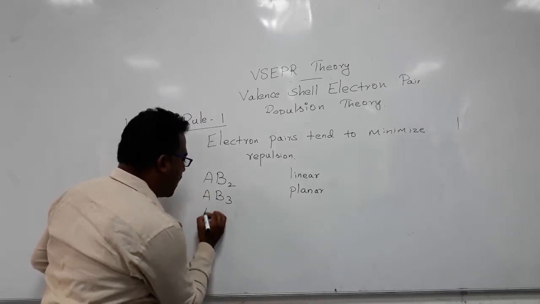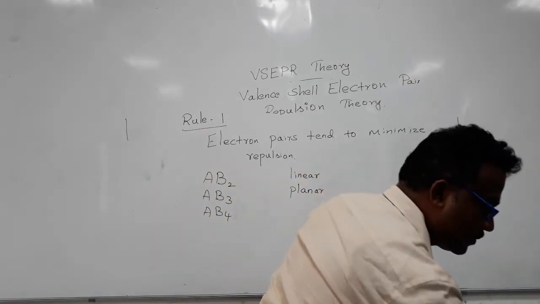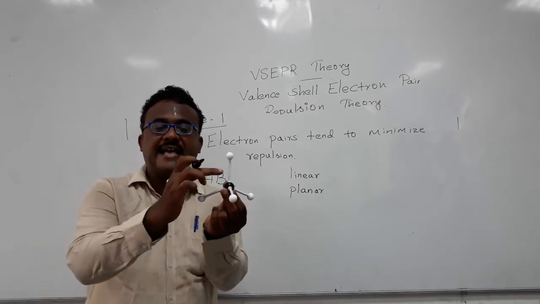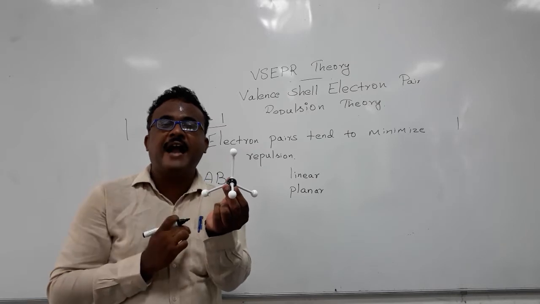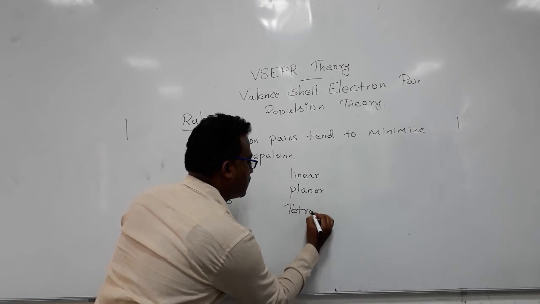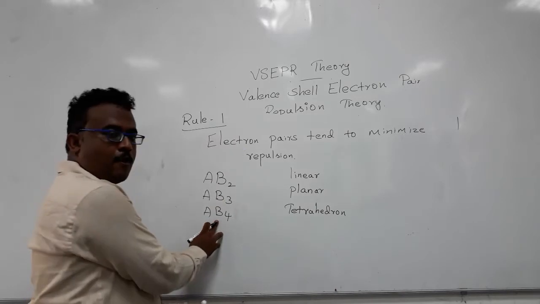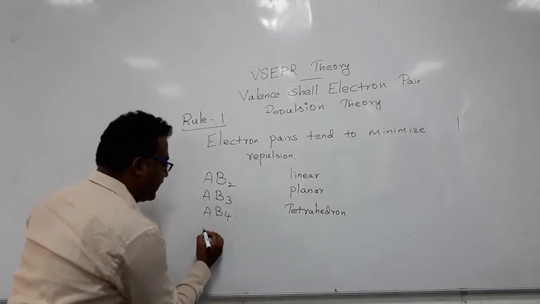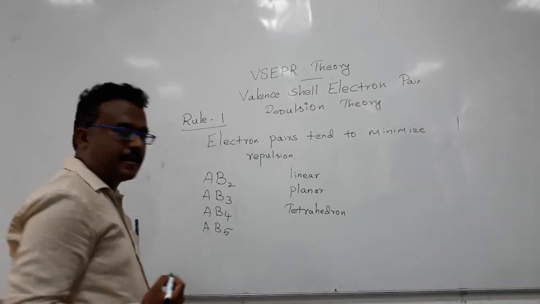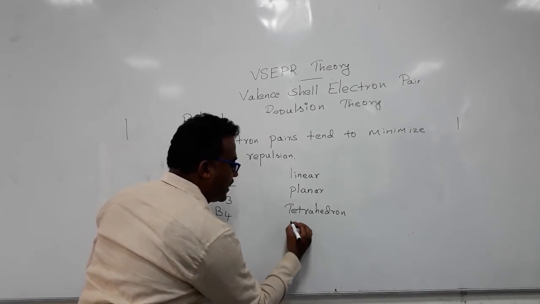When you go to a molecule of AB4, the molecule has the geometry of a tetrahedron. It has a bond angle of 109 degrees. It has 4 bonded pairs of electrons. In the case of a 5 bonded pair system such as AB5, the geometry of the molecule can be